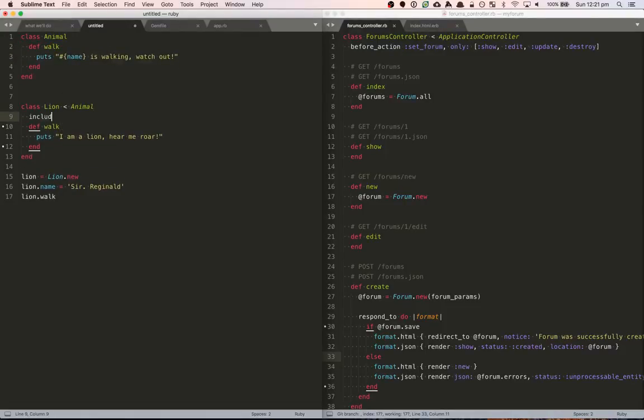And you can do something like include animal, and it would have similar, excuse me, I don't believe that code will actually work off the top of my head because I don't do inheritance in Ruby all that often. But the long story short is you are able to get